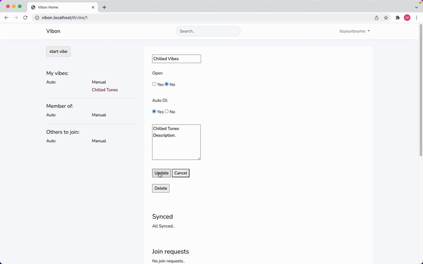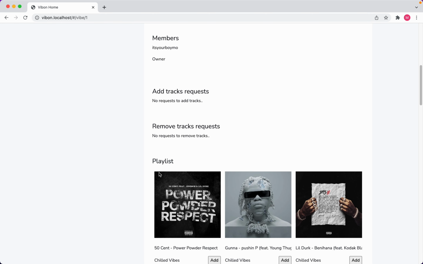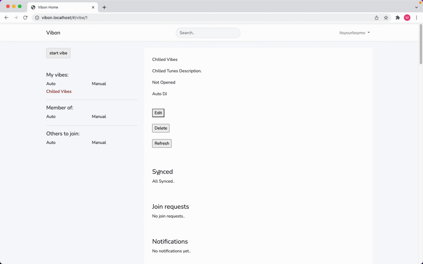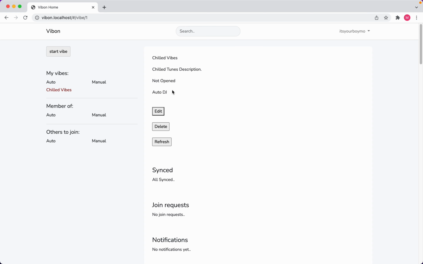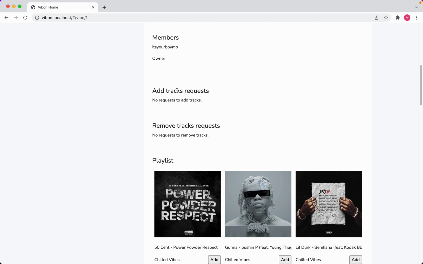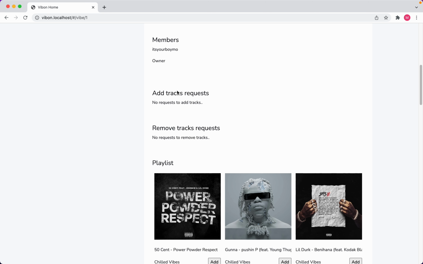Because I'm the only person who's part of this playlist, and I'll show you the other bit. But let's say now you can see, because it's automatic, it has auto DJ bringing up all my favorite songs, as well as the songs that I've listened to most recently. And with this playlist, I make sure I arrange all the tracks